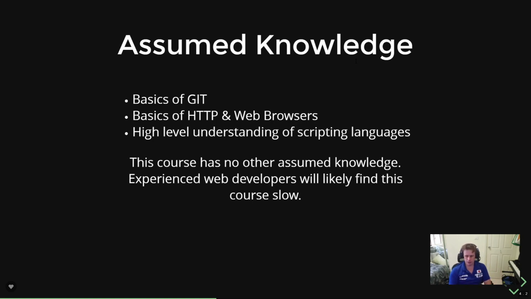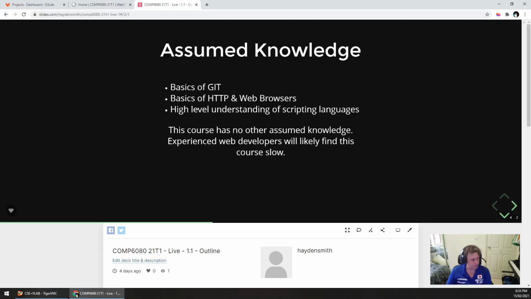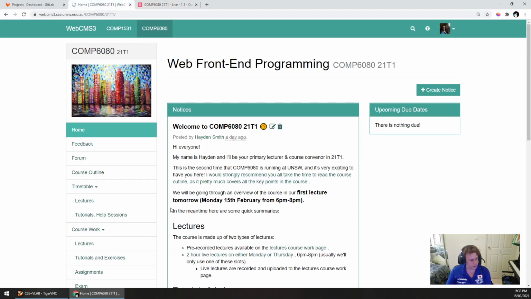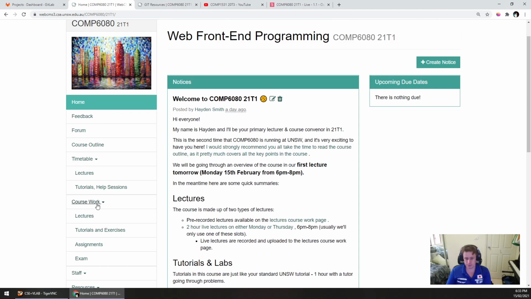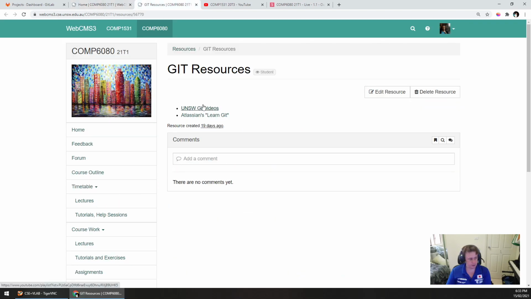If you've done COMP6080, which I guess many of you might have done with me, then you will have an adequate amount of knowledge. You don't have to have done networks. For those who feel like they want more knowledge on the topic of Git or the topic of HTTP, in the sidebar on WebCMS3 we have linked a couple of Git resources that you can learn. Generally, these are overkill in terms of going into a great deal of depth,